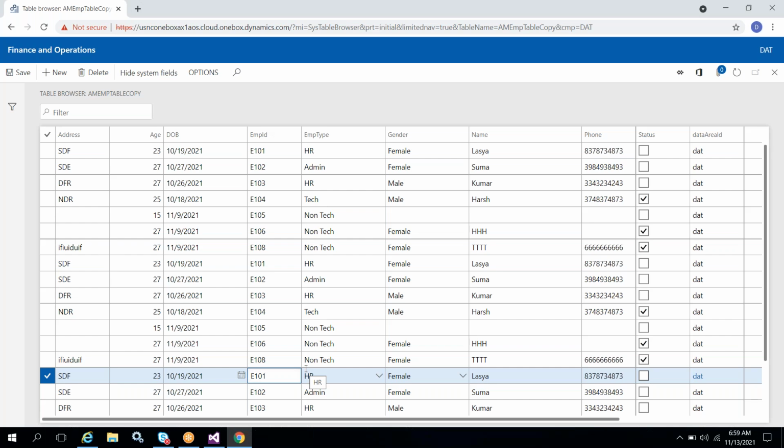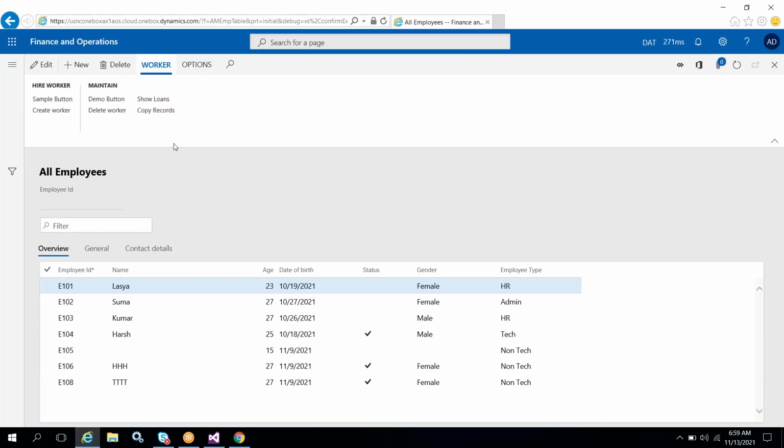I mean, we are copying the same records again and again whenever you click on the button control. I mean, duplicate records. So that should not happen. My requirement is if I click on the copy records button, first time it is okay. First time the system has to copy each and every record into the copy table. But next time when you click on the copy records button, system should not copy if the record existed in the